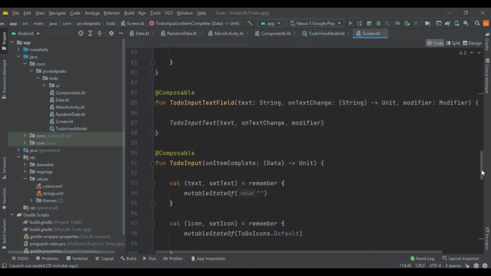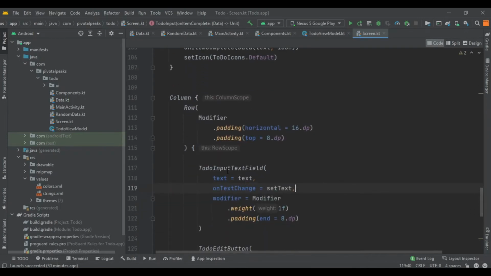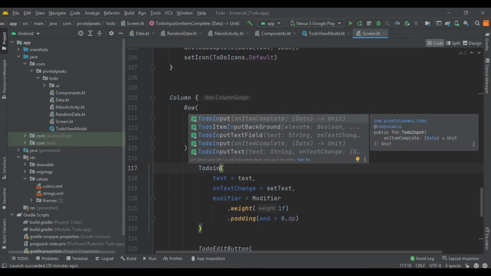We can directly call the to do input text here. So we will just call the to do input text that we made in our component file. So which one is that? To do input on complete. I think this one is to do input text.